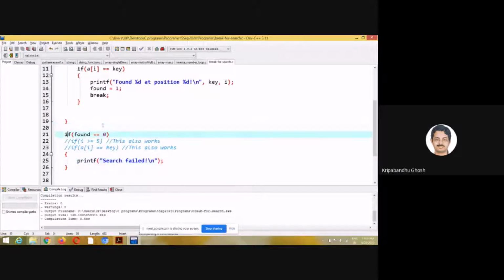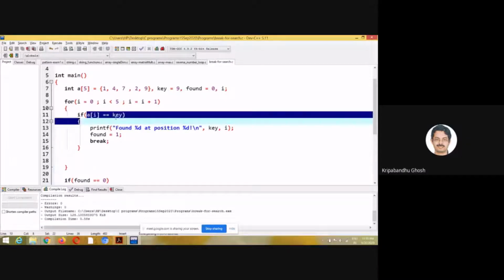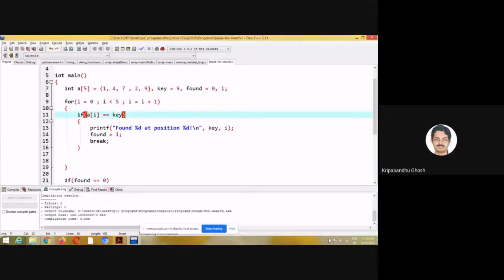This is important because the control will come here anyway, right? Either the search is successful or unsuccessful, this loop is going to terminate. So we can wait till it terminates towards the end, which is not a very efficient way, because after we have achieved our objective, which is finding the key, there is no need to continue this particular check.